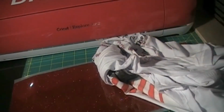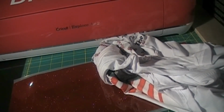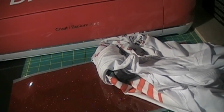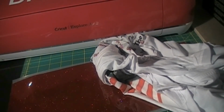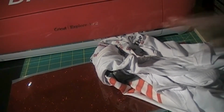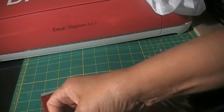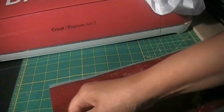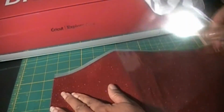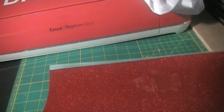And while we're waiting for that, let me turn my heat press up to 350 for 12 seconds. So while this is cooling, okay, it's cool. So I'm going to take, if I can grab it on the corner, the protective film of the heat transfer vinyl. Glitter heat transfer vinyl. Alrighty, I'm going to bring this over to my workstation,